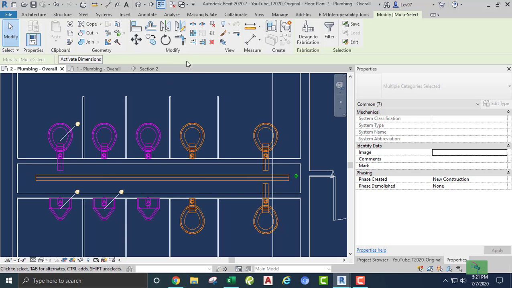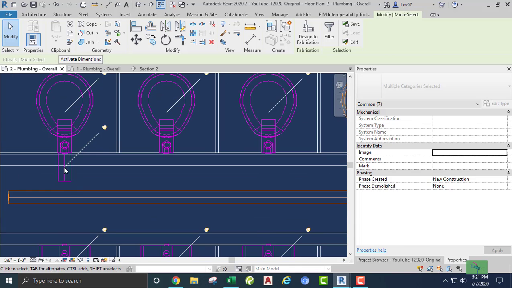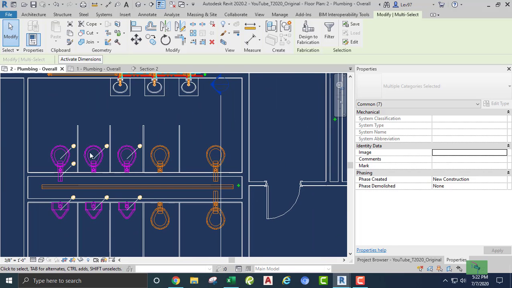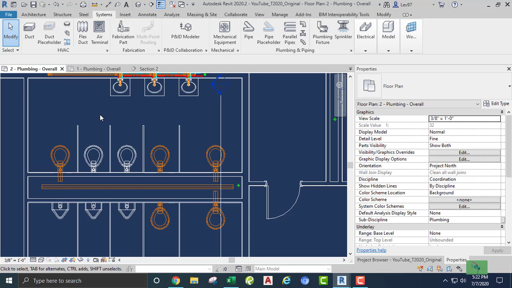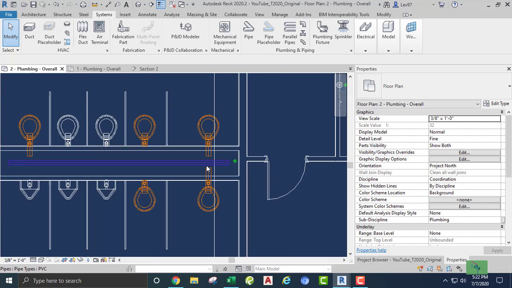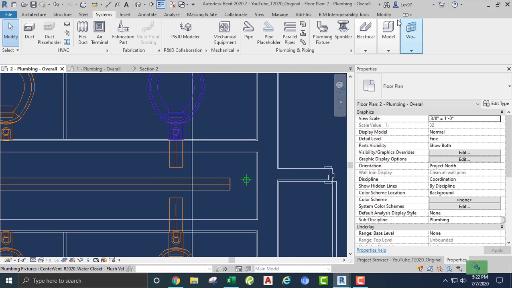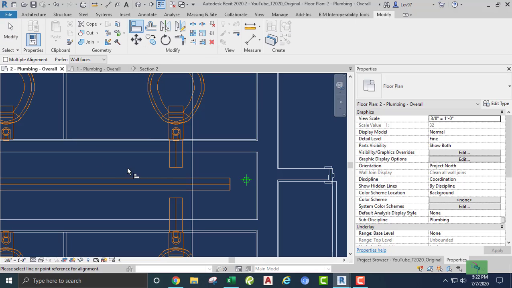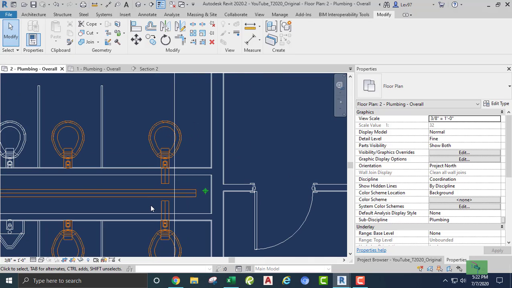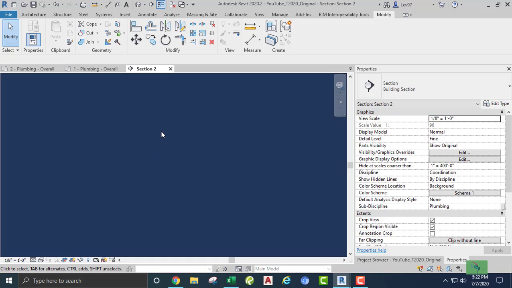So what do you do? You unpin, or you can pin all of them because they're all selected. This is saying that this pipe is pinned to the plumbing fixture. Okay, so I'm going to unpin everything. Okay, now let's get back to the problem at hand. So what I'm going to do is align that pipe with that pipe, and I want to go to my section view so bad because these